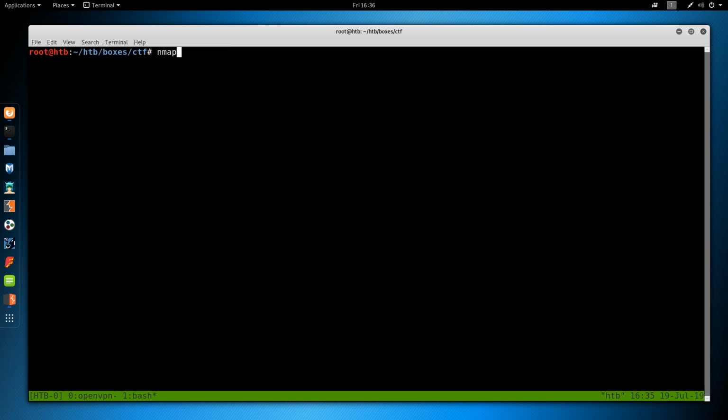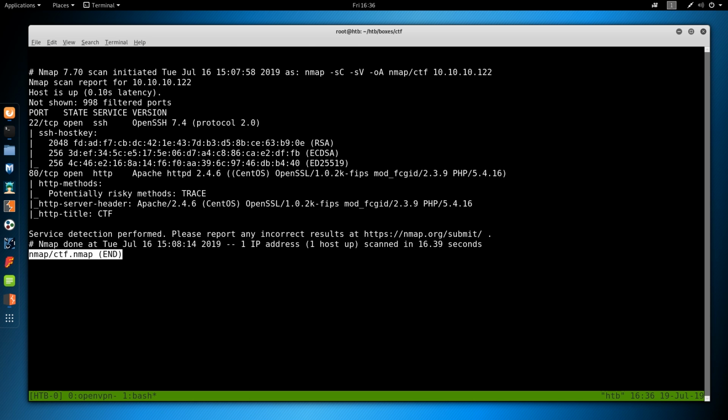As always, begin with an nmap, so -sC for default scripts, -sV to enumerate versions, -oA output all formats, put it in the nmap directory and call it CTF, and then the IP address, which is 10.10.10.122. It does take some time to run, so I've already run it. Looking at the results, we have just two ports open. The first one is SSH on port 22, and it's running OpenSSH version 7.4. Then we have HTTP on port 80, and that's running Apache httpd version 2.4.6, and it's also telling us it's